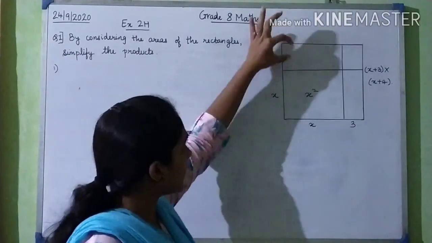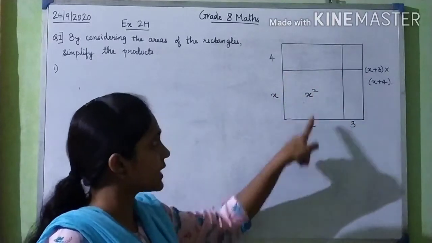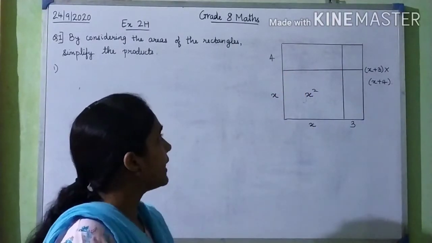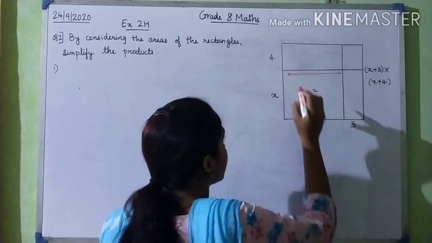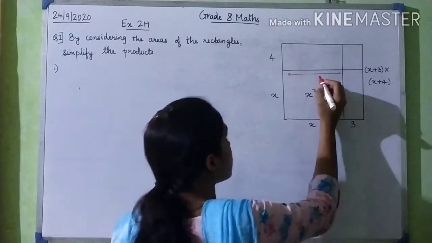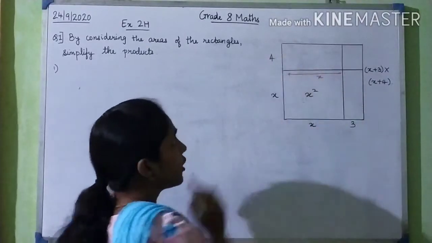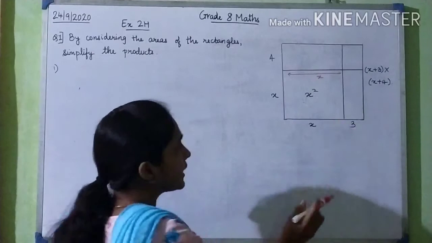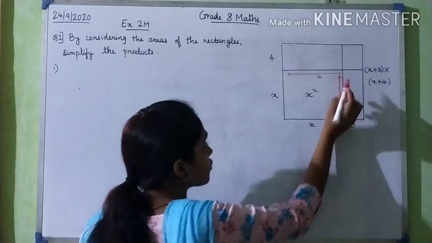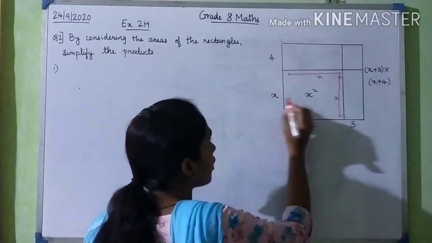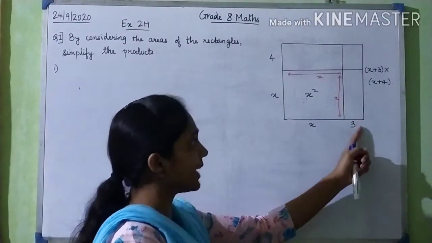Then this is another rectangle which is formed. It has the length as x. Why? Because if this is x, then this also is going to be x, because this is the other side of the square. So for this rectangle we have the length as x and the breadth as 4. Then this is another rectangle. For this rectangle the length is this. How much is this? This is again x, because this side is opposite to this side. So this side is x and the breadth is 3.